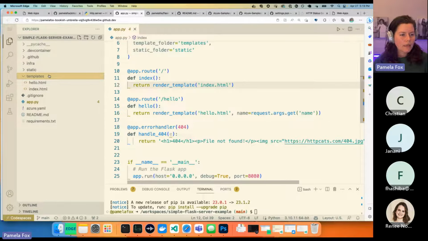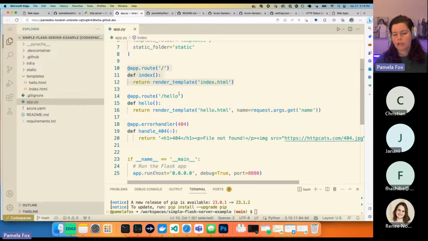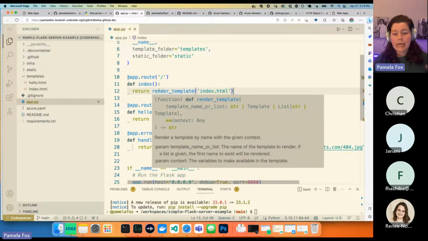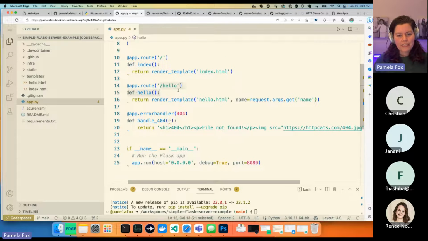Let's take a look at that template here. You can see this is just an HTML page. There's nothing different about this from normal HTML. We can just return a normal HTML page. That's not very exciting. So let's move on to the next route, /hello.